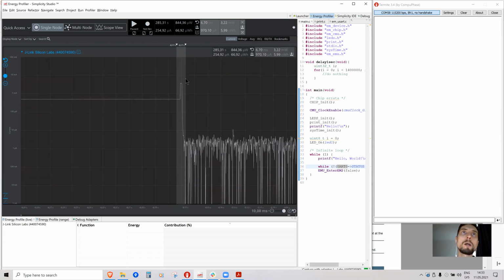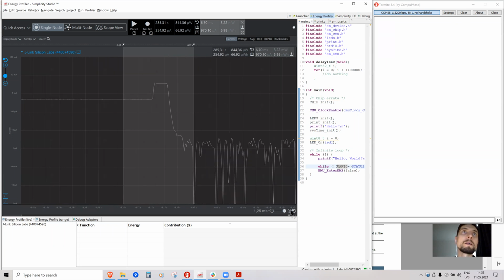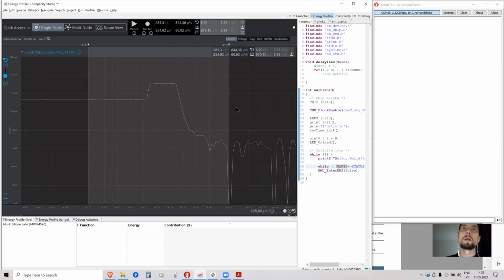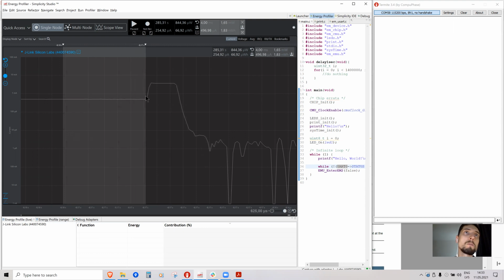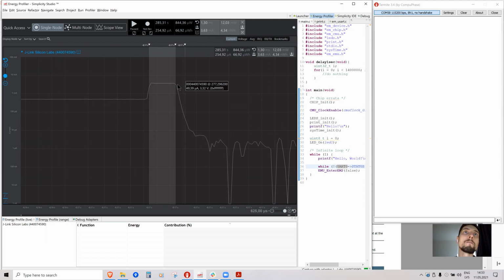Okay, also let's check out this part in particular. Using this energy profiler, we can detect very small changes in power. So we can see, okay, this processor was sleeping, then it woke up, and then it went to sleep. So we can evaluate how good our code is by looking at how long the CPU is on. Well, for example, in this case, it's maximum zoom. So from peak to peak,